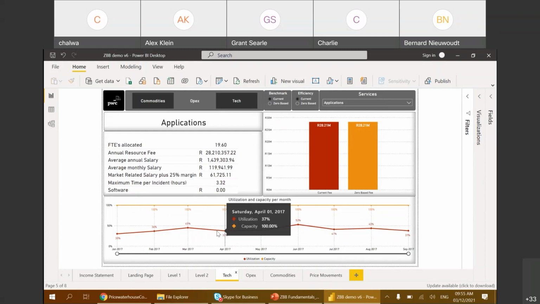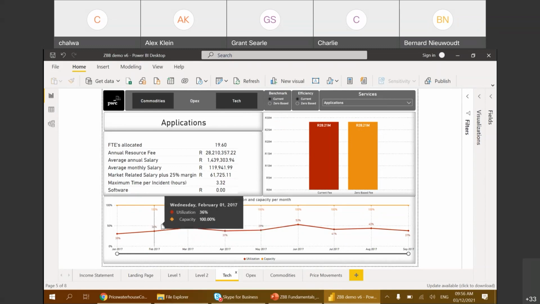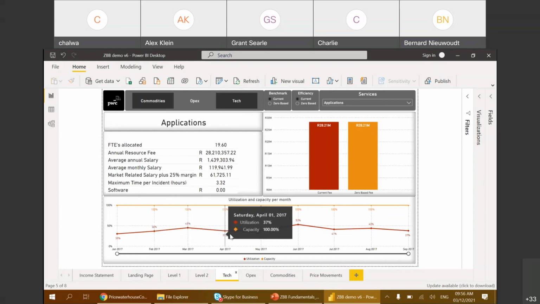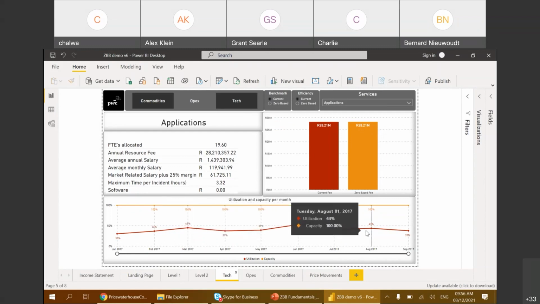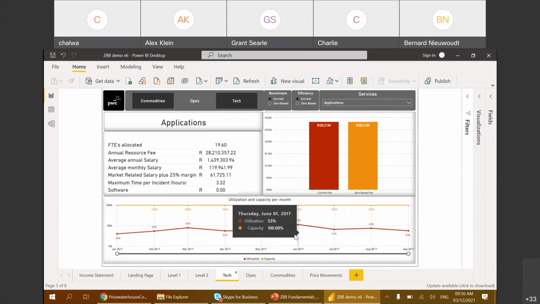as well as how many calls there were, how many incidents there were, how many people responded to that, etc., whatever the case may be. And we found this line for the last 9 months. So we saw that utilization was sitting below 50%, at times even in the 30s. And this is for a very expensive commodity that's costing 28 million Rand a year. And it's not actually very efficient if you look at the actual data behind it. So we found that there's a lot to be done here.